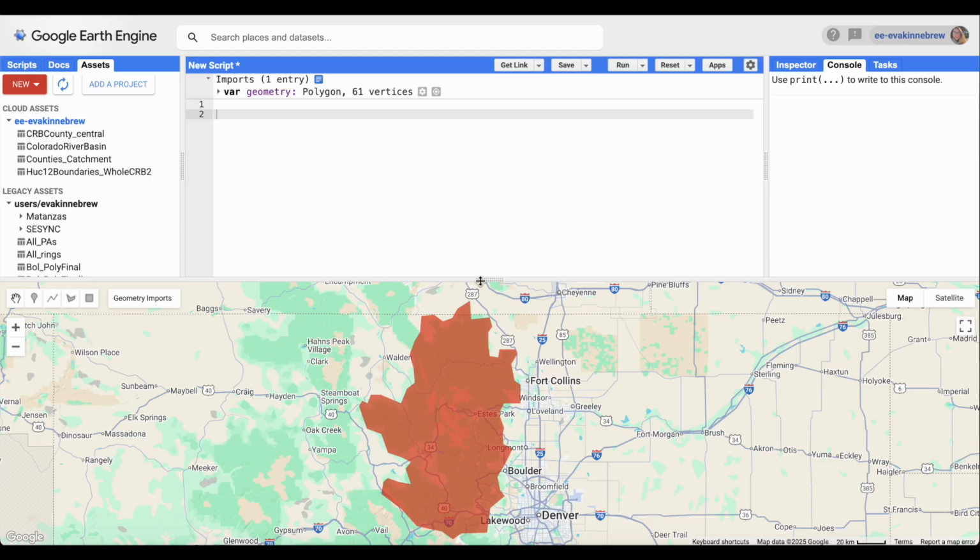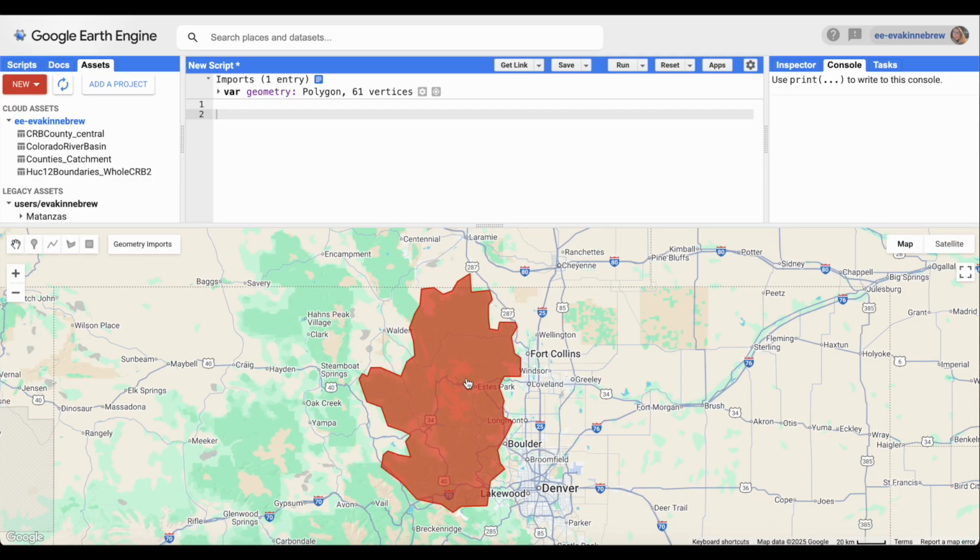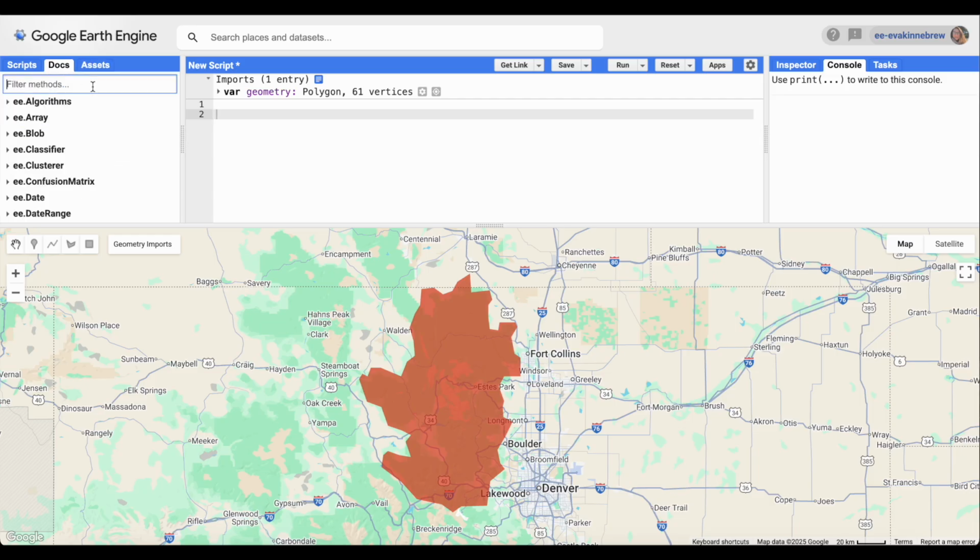So in this case, I took a long time creating my complicated geometry, and I want to be able to use it in other scripts. And so what I'm going to do is I'm going to save this geometry as an asset so that I can use it later. In order to do this, we are going to use a function called export table to